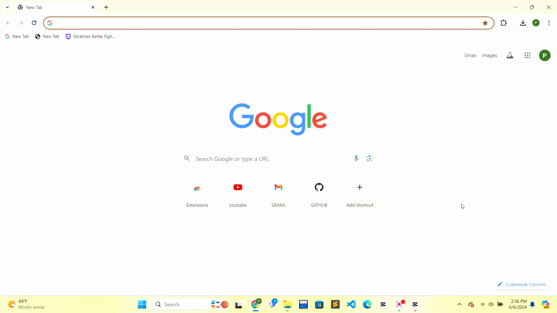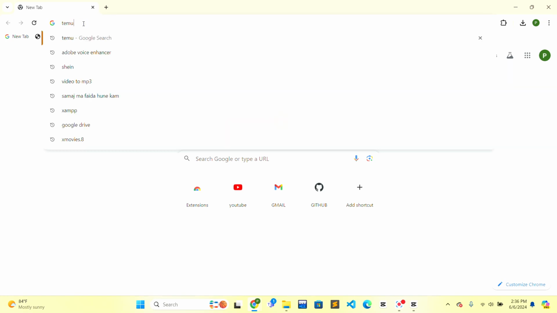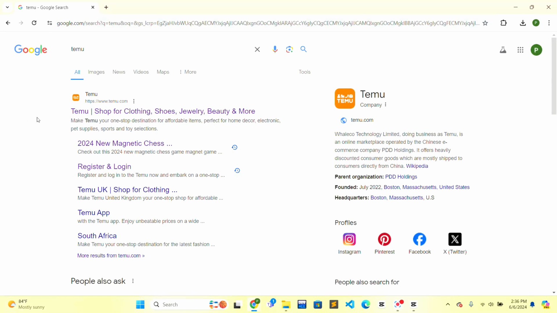So firstly, you need to open the web browser of your choice. In the top of the web browser, there will be a search bar. Click on the search bar and type Temu and press enter on the keyboard. After that, you just have to click on the first search result, that is Temu, and that interface will be